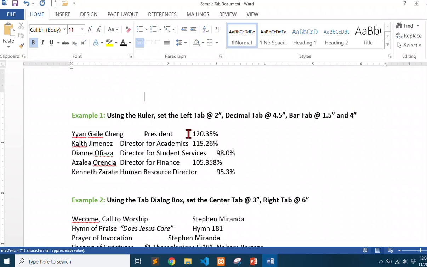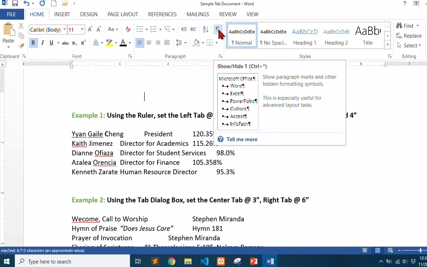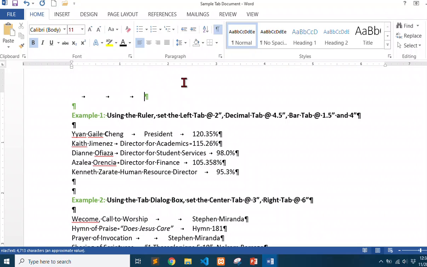If you want to know whether or not you pressed the tab, you can select the paragraph mark to display the paragraphs. So on this line, I pressed the tab key 3 times. On this portion, I pressed the tab key once.